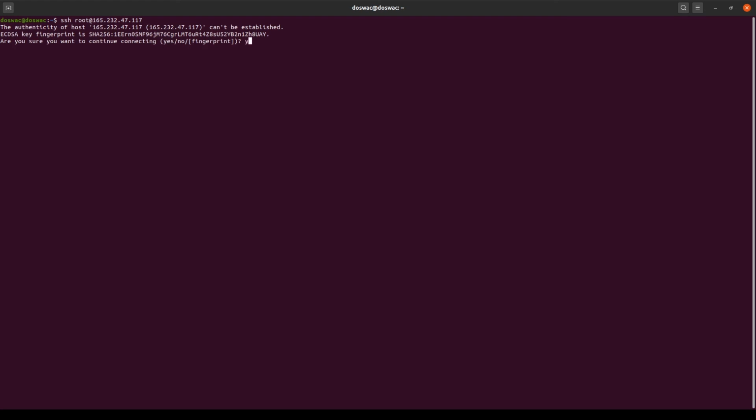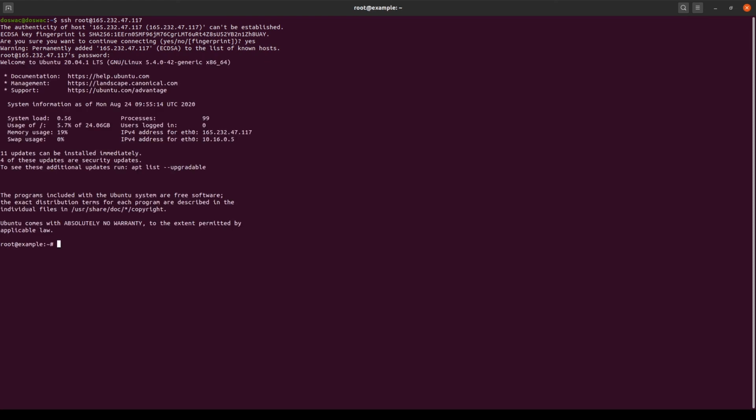Type yes if it asks to add the fingerprint of the connection. And type the password which you just created. And awesome! We are now connected with our server located in the London region. You can now play with your server, run commands, etc.